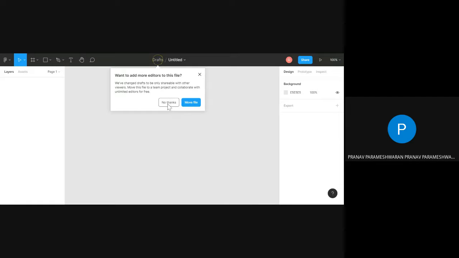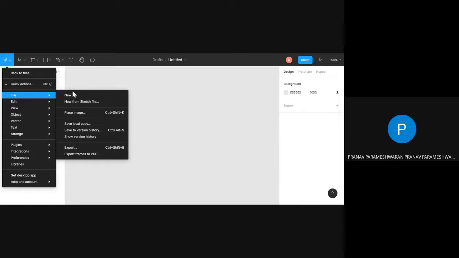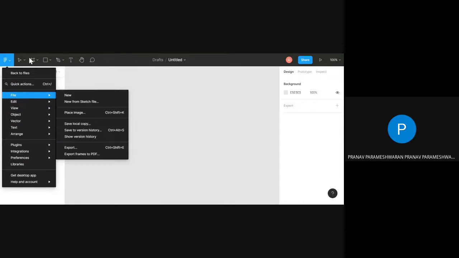So you can add more people in Figma, and you can collaborate with different users and create the design. You can use a template, and there are many existing templates you can find online for a particular design which you want. If you can see my pointer, there are different features like adding a new file, a sketch file, and keeping an image, and you can view the object. There are different rules and different features available, so you can use this.